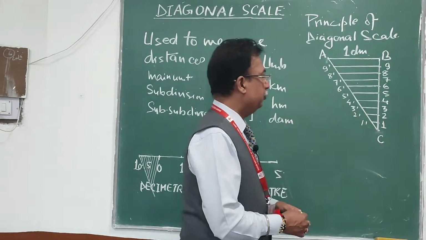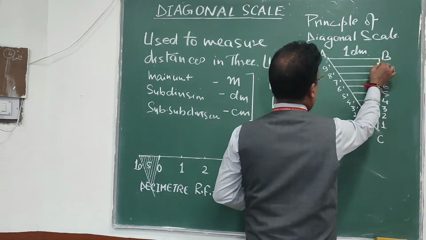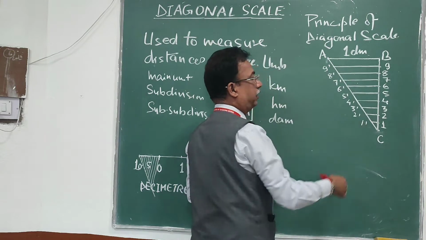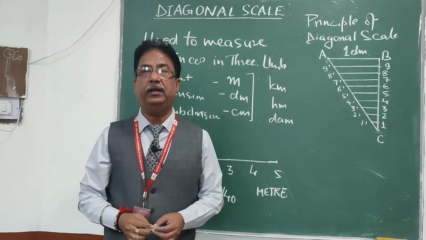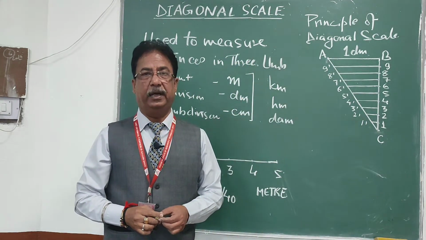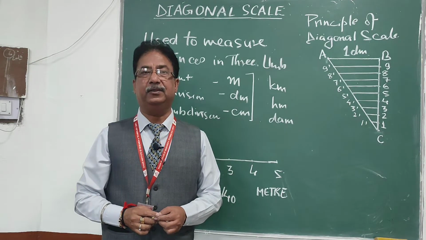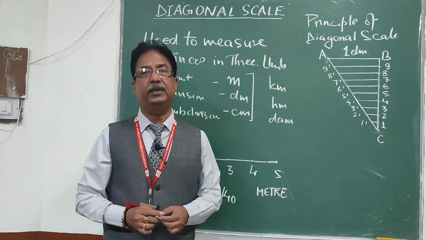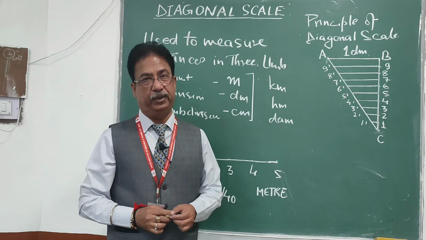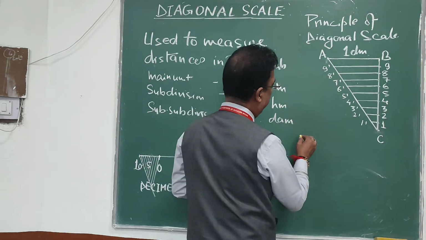If you look at these two figures, this common angle will be 90. This is also the same angle. So the third angle will also be the same. So these all triangles are similar triangles. And you know that the property of similar triangles is that the ratio of the sides of the triangles remains the same. So I am going to compare two triangles from this.